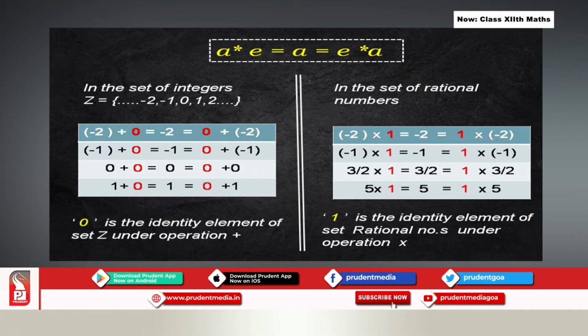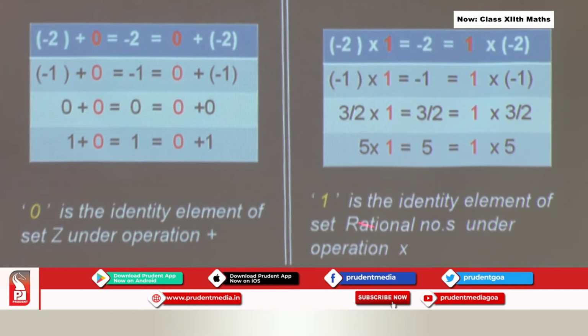Number 1 is called the identity element of which set? It is the set of rational numbers. Under which operation now? The operation multiplication. There it was plus and the identity element was 0, and this identity element is unique. Have you all seen here, only 0 is the identity element there. In this, the identity element is 1. So it is a unique element. Is this part clear to you all? So both of these are examples.